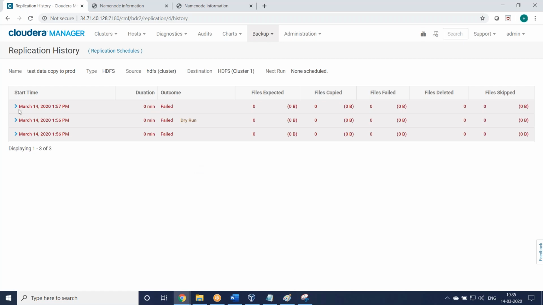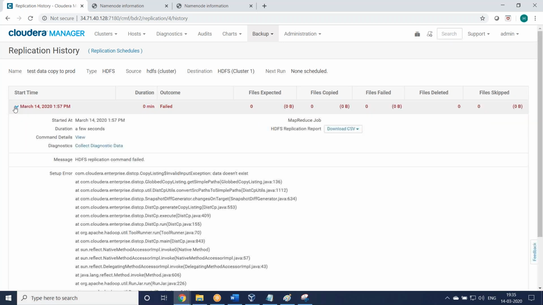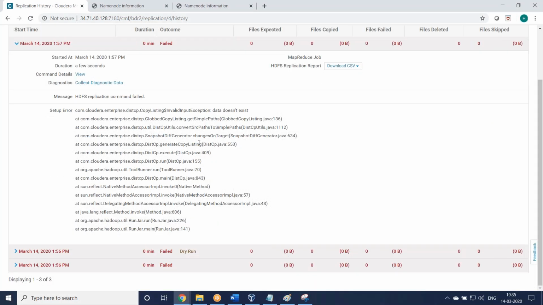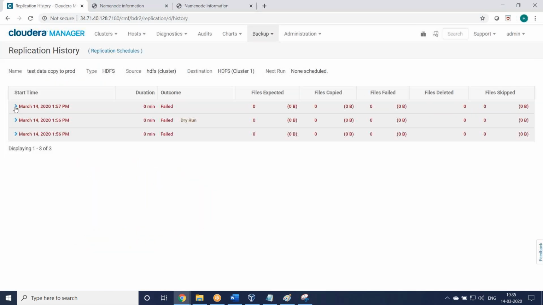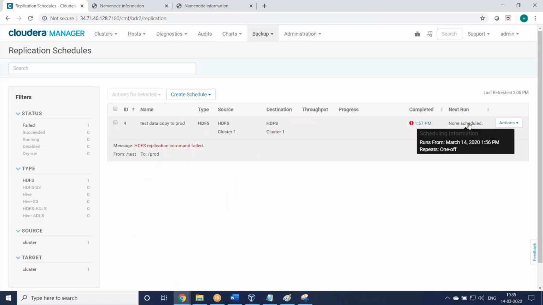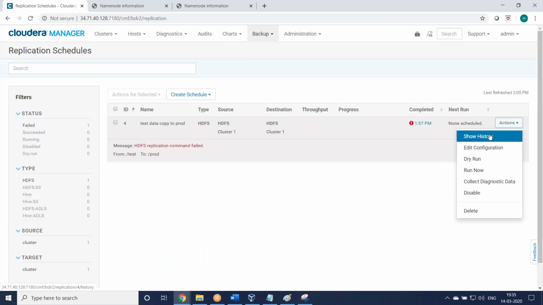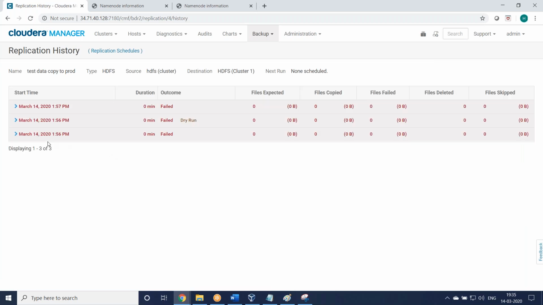Replication schedule, it got something failed. Okay, you can see that. So you're asking troubleshooting, right? So we tried replication, something. It is not happening. So you can go and check its history. There you can find something.